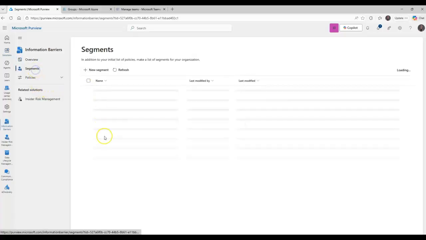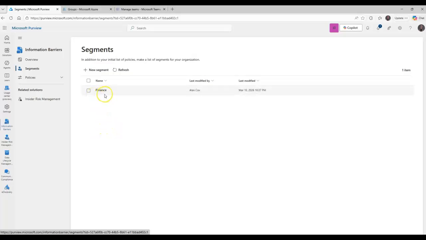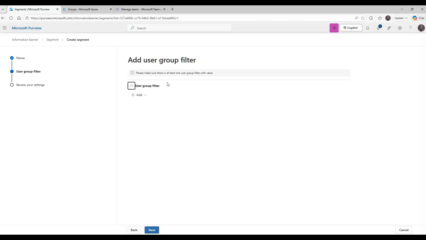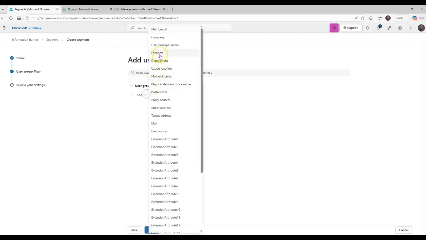And what I'm going to do is look at three different departments. Now, there is an existing finance department segment, which is actually linked to a finance group. I'm not going to use this. I'm going to recreate three new segments here, and I'm going to use department. So we're first going to go with finance department, right? And the filter that I'm going to use here is going to be